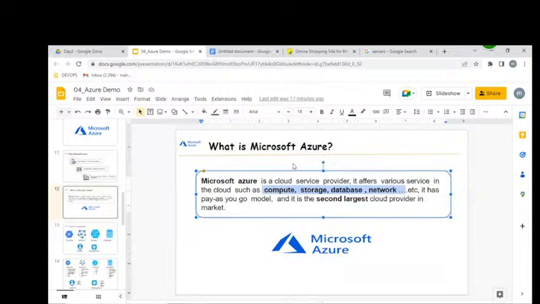Not only Azure, in AWS also we get the same kind of things, but Azure is the second largest cloud provider. First is AWS, second is Azure. That's what we are going to be learning.